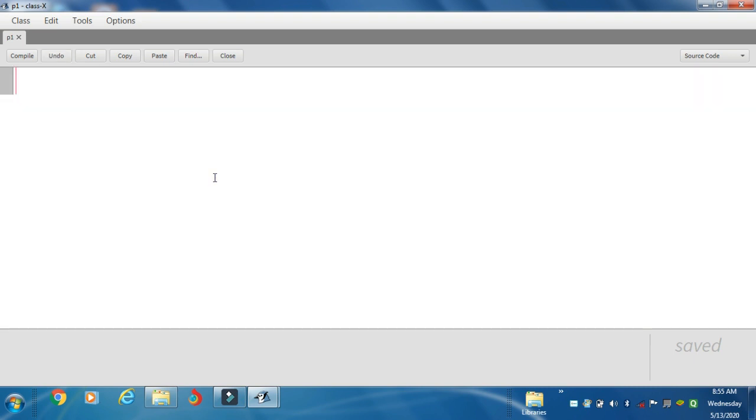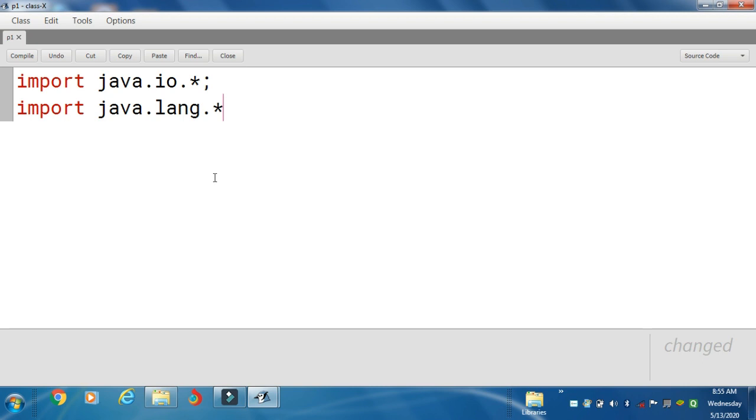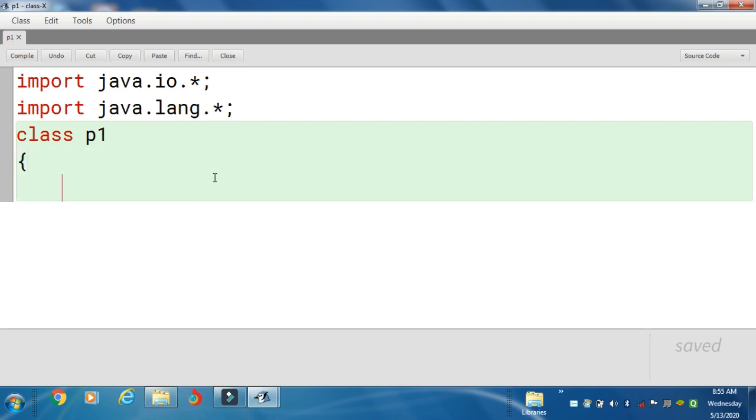Now we need to write the package, because packages are collections of library functions. The package for Java is import java.io.*; semicolon, again import java.lang; semicolon, then class P1, so first program, then public static